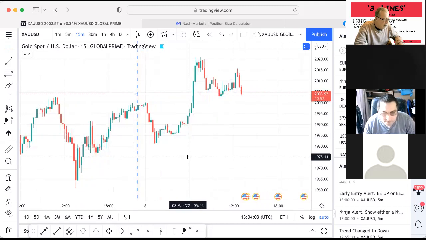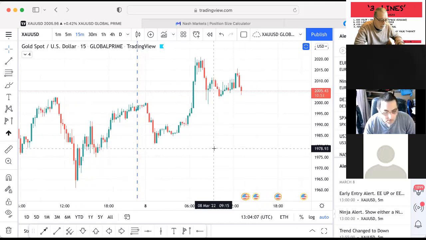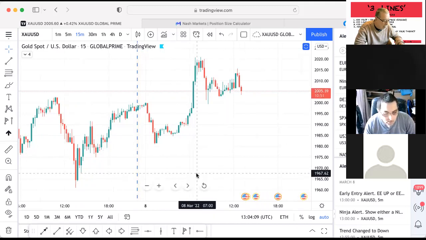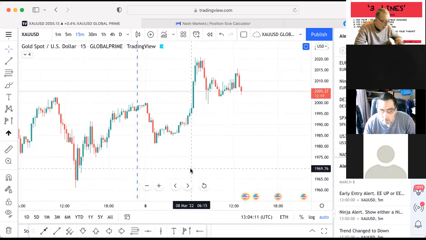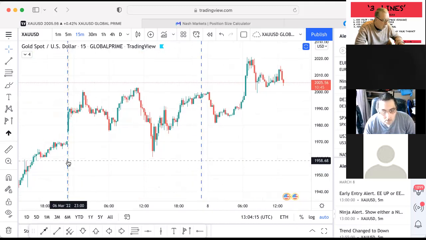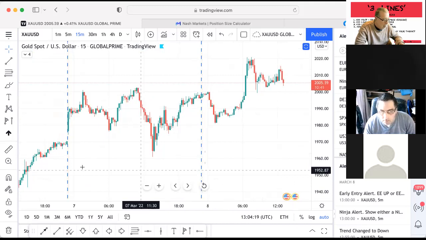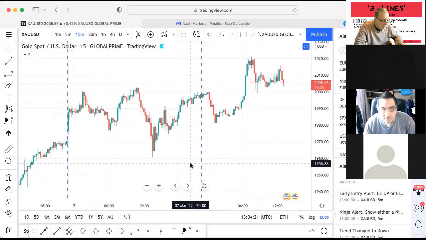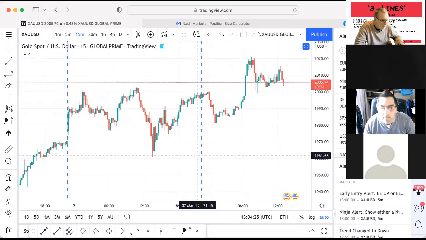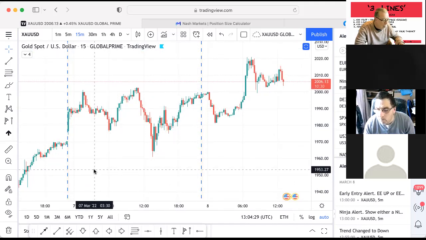So here we are on the 15-minute gold chart on TradingView, and the first thing I need to do is point out that these two vertical dashed lines are the beginning and the end of yesterday's trading. So this is today's trading and this is yesterday's trading. So we put a volume profile